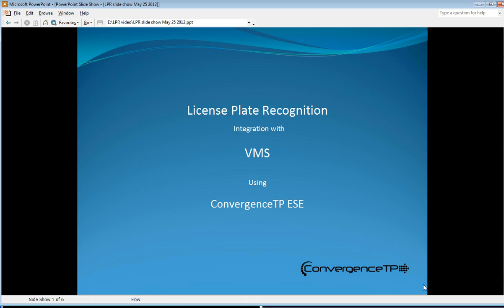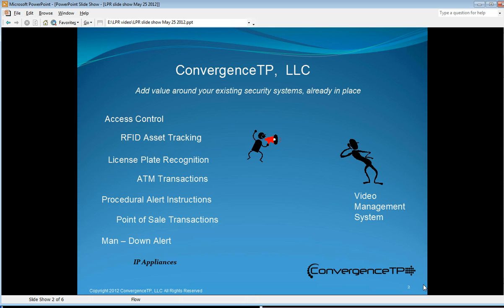Over the past several years, we've experienced an increase in IP appliance technology, as well as a major shift in IP video from its predecessor, analog video. The two systems shown here, IP appliances on the left, in which the license plate recognition system is one of them, and VMS systems on the right, were considered to be disparate systems, and thus they did not communicate with each other at all. This was until ConvergenceTP developed the event streaming engine, which provides a seamless integration between